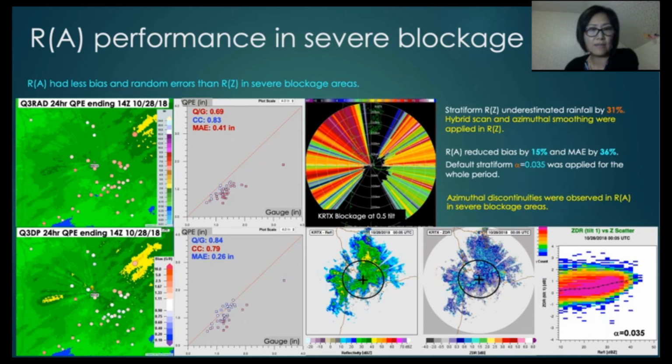So in this case, we had quite low reflectivity. You can see from the lower right Z-ZDR scatter plots, there was little reflectivity above 40 dBZ. So all the reflectivity was below that. In this case, we didn't apply a slope. We simply